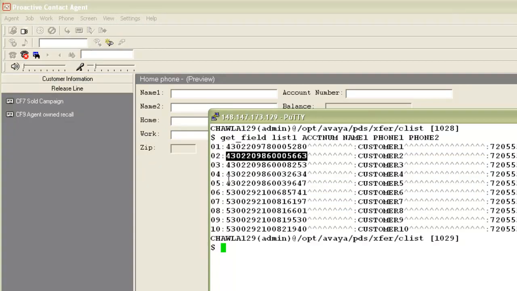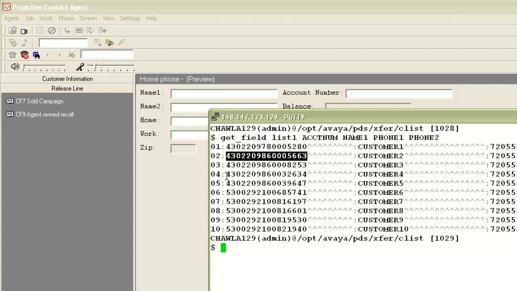Now just to show you one difference between the hash and LIS methods, you can see that in my calling list there are two types of account numbers, the one starting with 430 and the other starting with 5300. In the hash method, the agent can search for only one record at a time, and for that the key field he inputs should be matching exactly with the calling list data. Let me show you with an example.